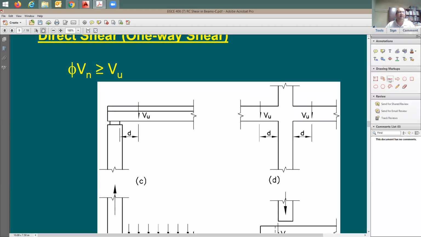It is very common that when someone gives you here the span of the beam, it is going to be measured from the center of the column to the next center of the column. And we call this center to center span. But when you measure from the face of support to the next face of support, we call this clear span. So we need to differentiate here between clear span